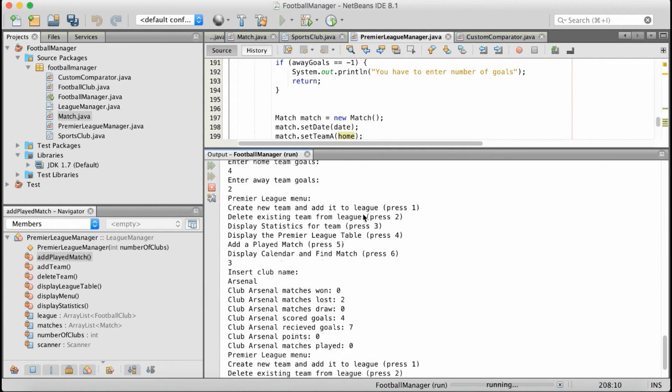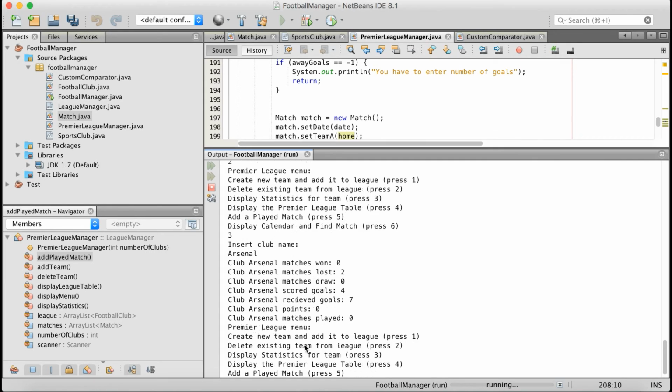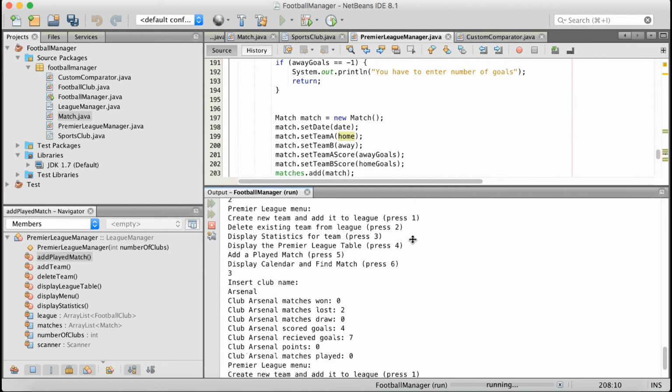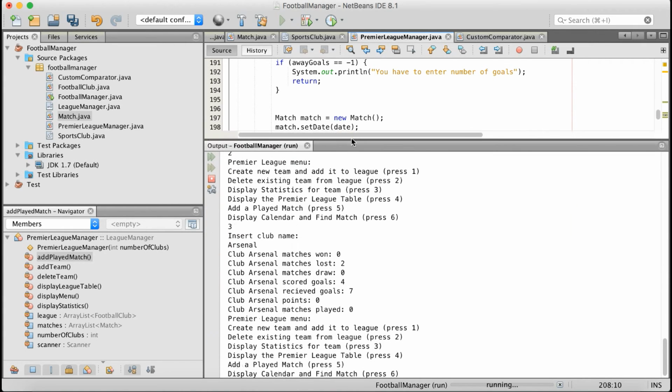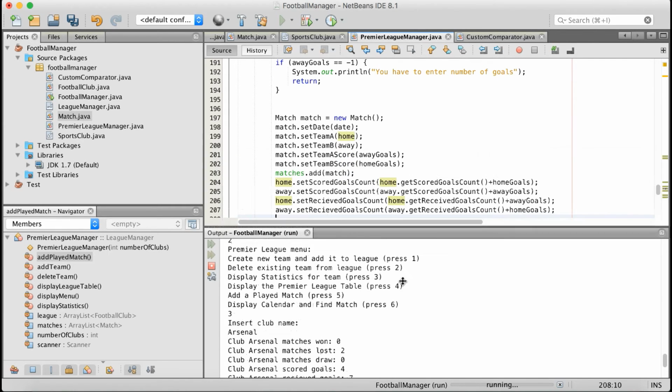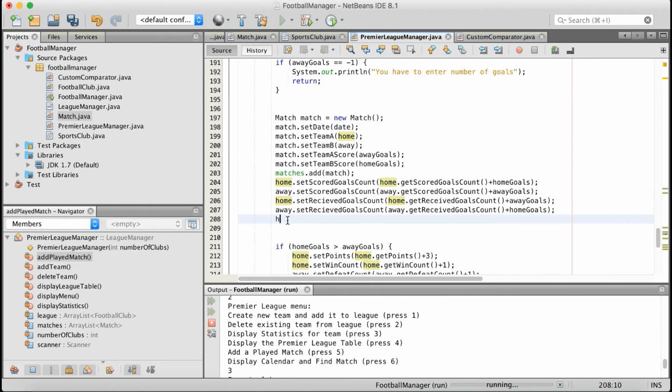Okay, so I've just added Arsenal and Chelsea again, and as you can see here, the matches played is not updating. I'm just going to fix that now. So I'm just going to go back here. What I'm going to do is every time a match is played, where it says matches played, it will update here. So I'm just going to go down, I'm going to do home,